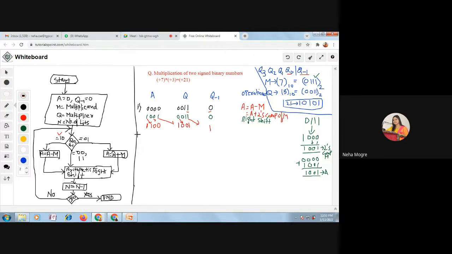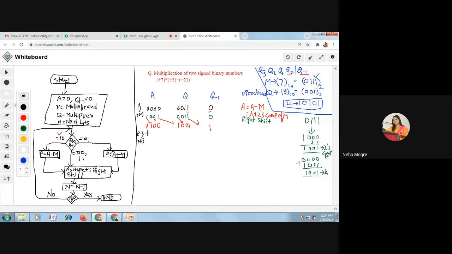So my second step. See, in this case, the value of n also you go on writing. In this first step, the value of n is 4. And after performing the right shift operation, we decrement the value of n to 3. Now the value of n is 3, decremented by 1.